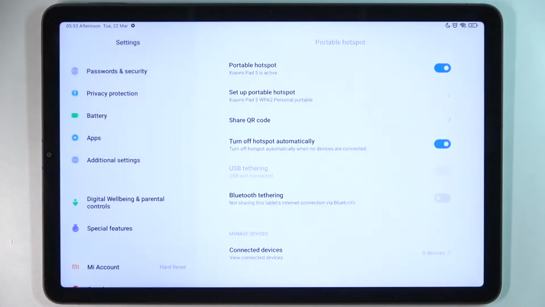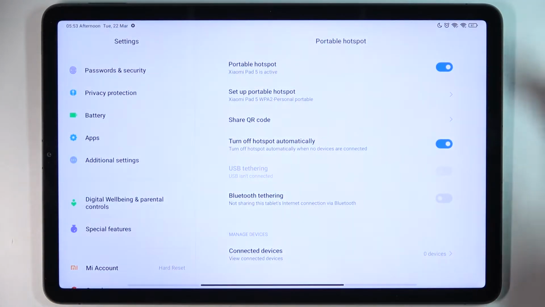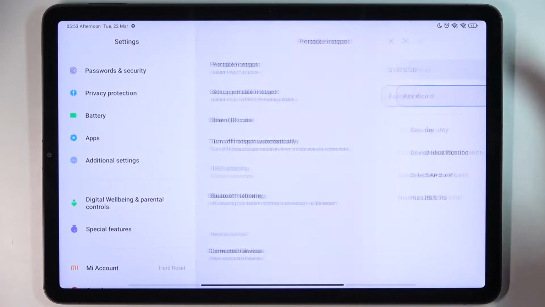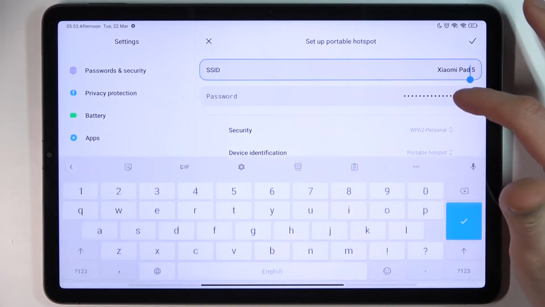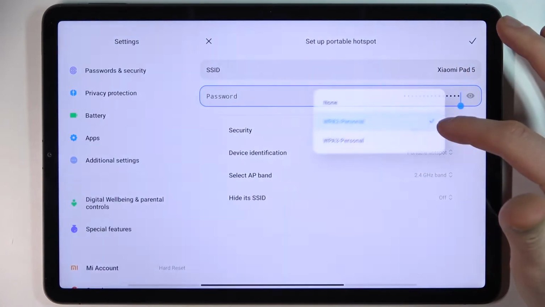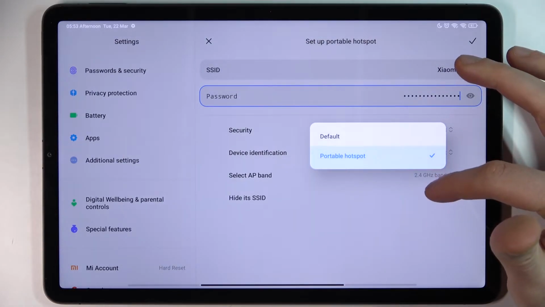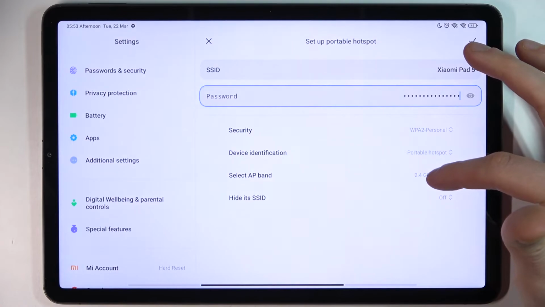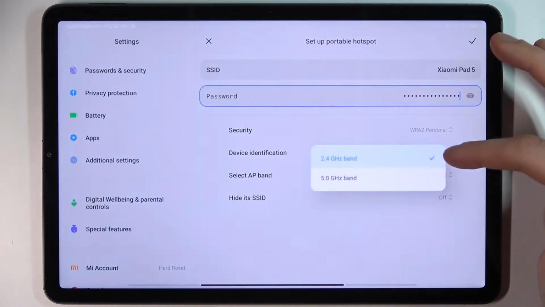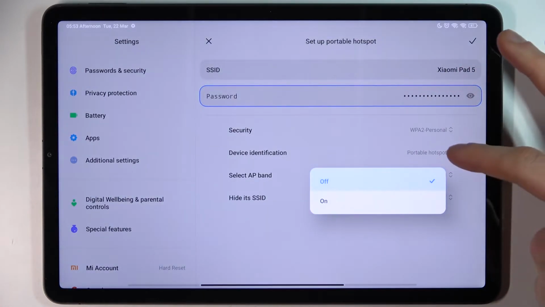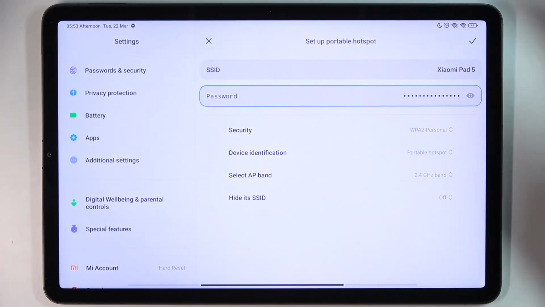By holding your finger on it you can access some of its settings. For example, you can change its name, you can change its password, you can change its security protocol, you can change device identification, you can select AP band, you can hide its SSID,